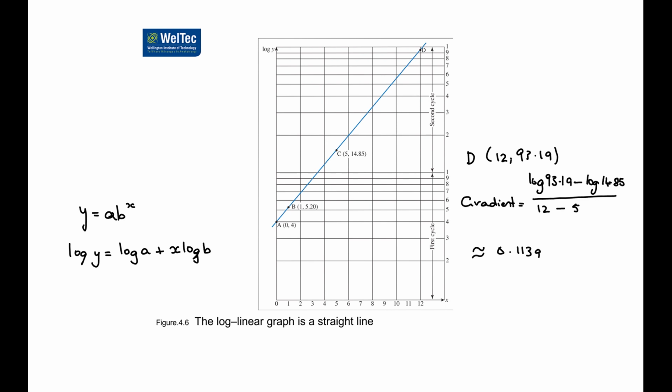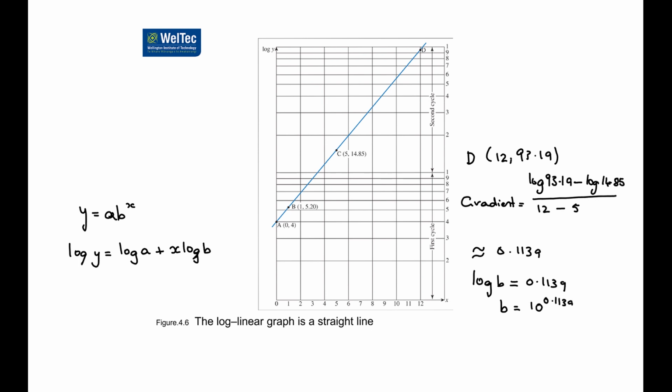Now from here, this will tell us that log b must have been the gradient. So if the gradient is 0.1139, then log b is the gradient. So that means we can find b by taking everything to the power of 10, 10 to the power of